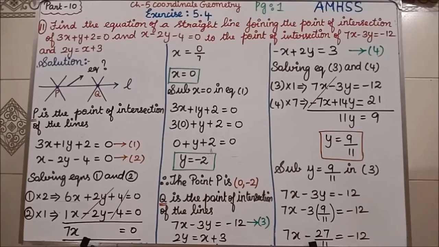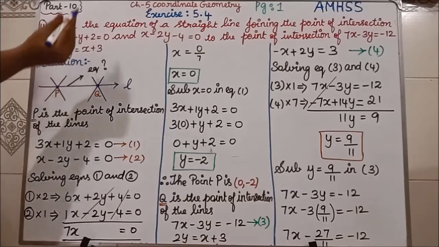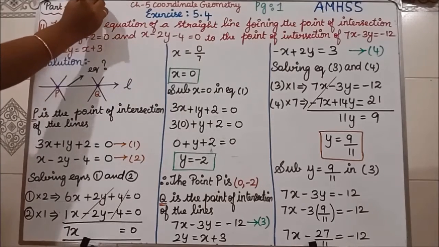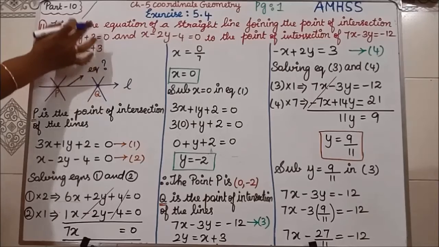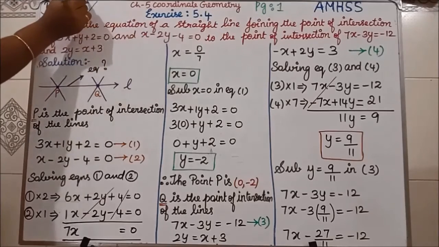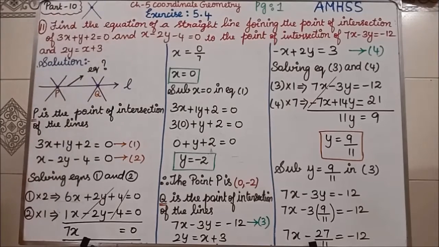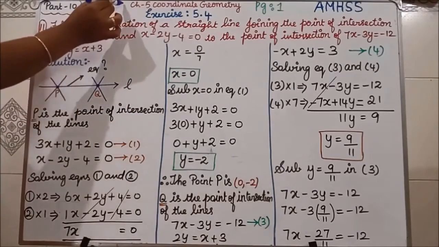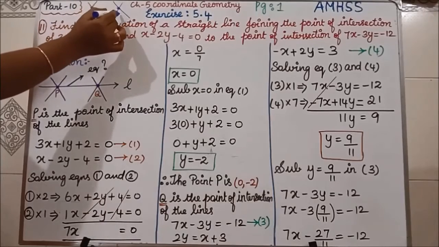Students, see in this question they have given 4 equations. Using the 4 equations we have to find the equation of the straight line. First, how this equation of straight line is forming, first we will see that. See, they have given the point of intersection of one equation and another equation. So we consider the 3x plus y plus 2 equal to 0 equation and then this equation. Both will intersect at one point, isn't it? That point we will take as P. The point of intersection of another 2 equations they have given. Similarly, if you solve that, you will get Q.